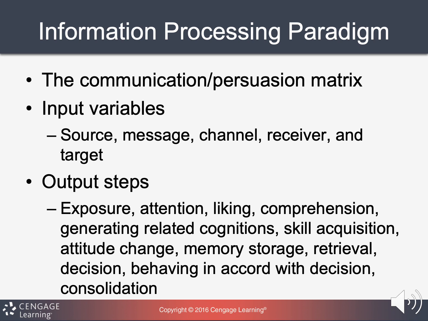And there are 12 output steps for behavioral adoption. There's exposure, and that's getting people in contact with the message. The attention is getting somebody's attention for the message. So what can you do to catch their attention? Liking is getting people to actually like the message, how it's conveyed. Because if people like something, they're more likely to comply. Comprehension: are they able to actually understand the message? So usually things are around a 4th grade, 5th grade reading level or understanding, just to make sure everybody can understand it.